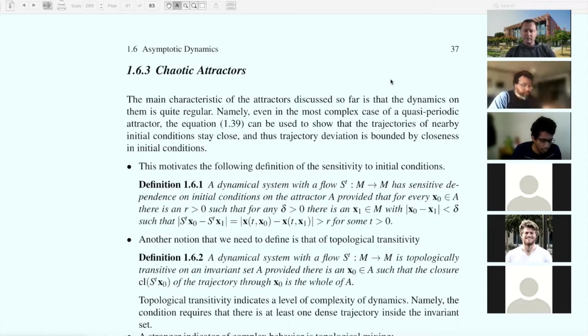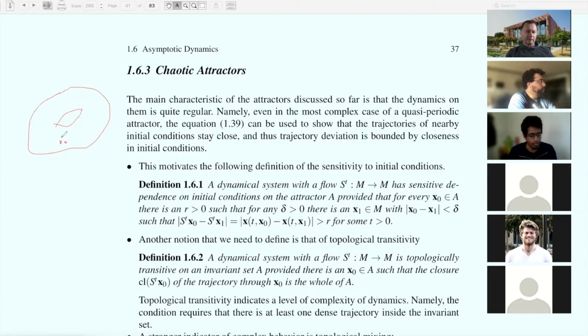So we talked about the simpler attractors. Let's now talk about the more complex idea of chaotic attractors. The essential difference is that if you have something even as complex as the quasi-periodic rotation on the torus that I mentioned, and you have two initial conditions that are going around the torus,